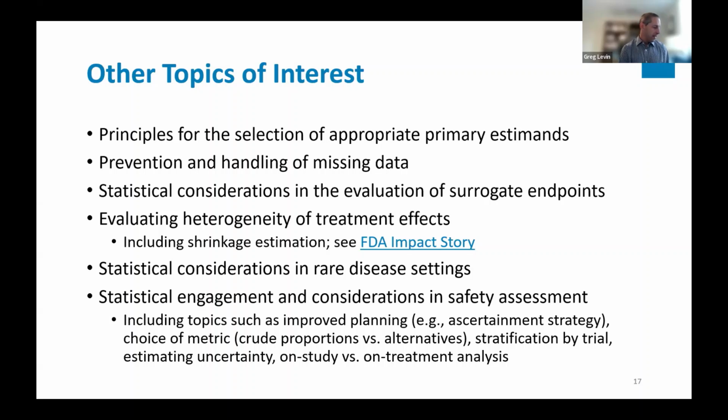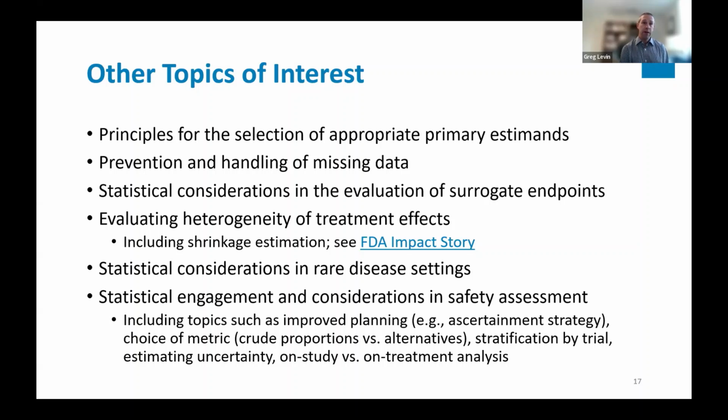So, I think there's been a lot of good work in this space. I think ICH E9R1 helped clarify what we mean by missing data and provided some important guidance on sensitivity analysis. But I still think there's probably room for improvement in preventing missing data and more methodological aspects of the approaches to handle missing data and the approaches to sensitivity analyses, thinking through approaches like tipping point analyses, which I find quite valuable. So this is an area where we have some active work in our office.